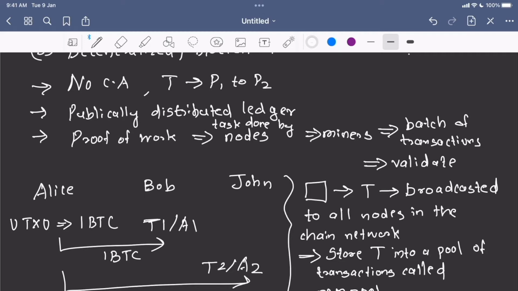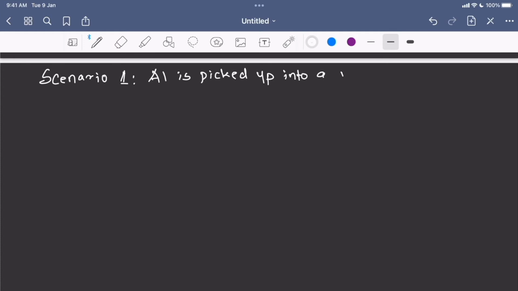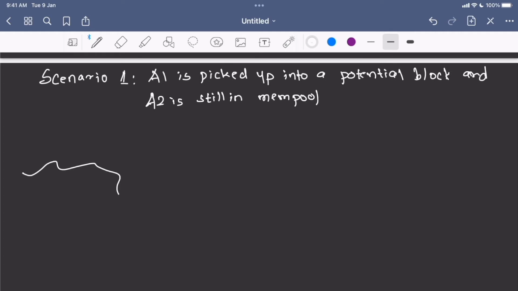Now let's try to see the different scenarios that can happen. So let's write down scenario 1. Scenario 1, A1 is picked up into a potential block and A2 is still in mempool. Let's draw a mempool here. We have A1, A2 and some other transactions like